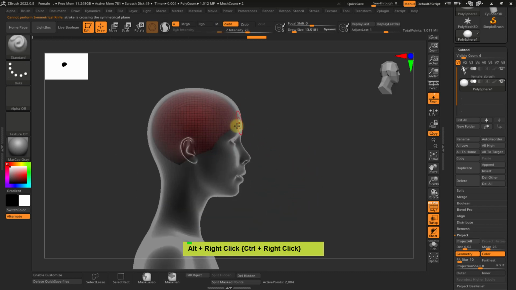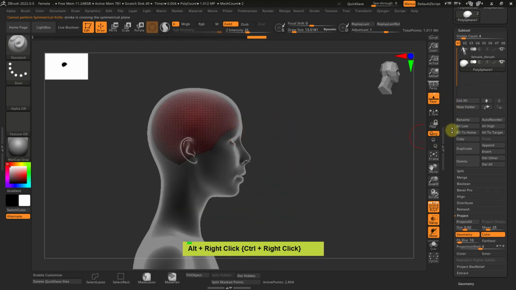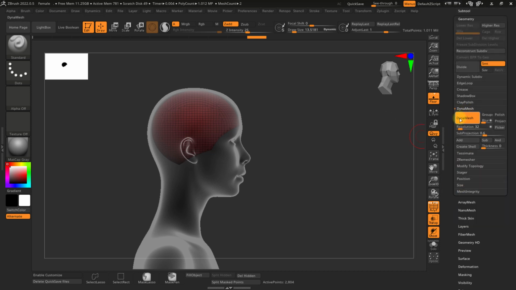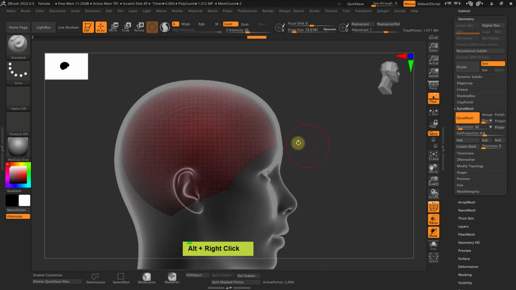Okay, so usually this is coming best if this one is Dynamesh. So let me go in Geometry and look for Dynamesh, and this is already Dynameshed because it's a polysphere. So let me go and just crank up the resolution. This is 32, which is fairly low, and it was 32 when it was created. So if you use the same 32, once it is scaled down, that will be really coarse. This is about 500 now for this reason. So let me just click and drag and refresh it, and it's still fairly low. So I will double it to a